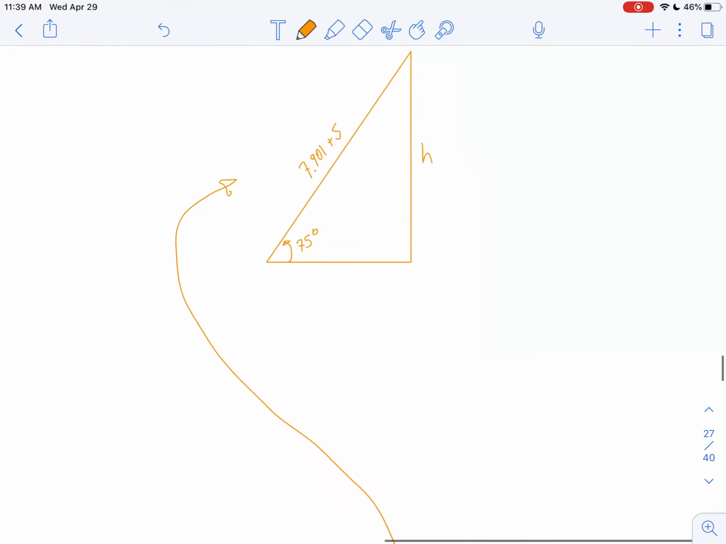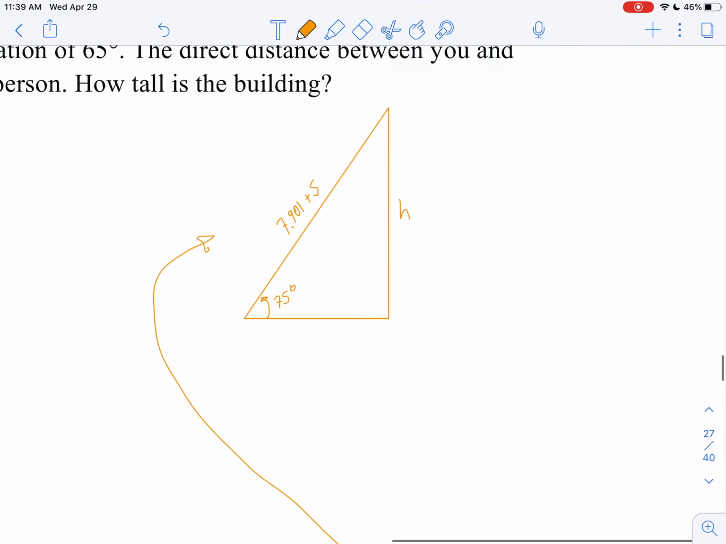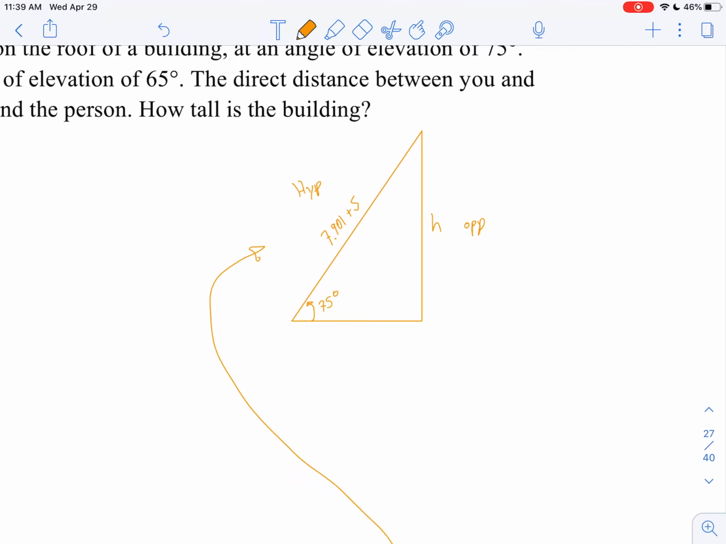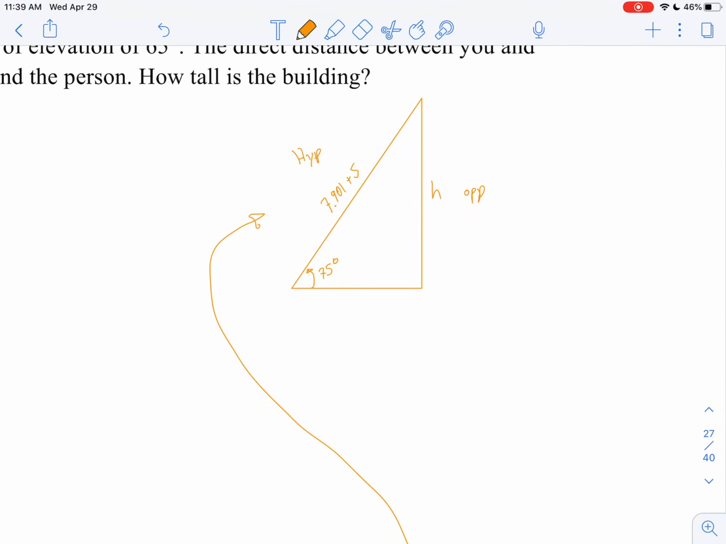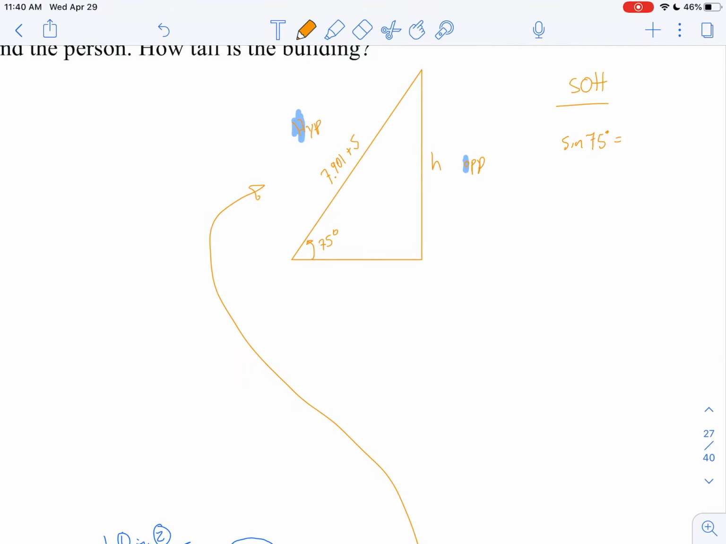So if I gave you just this question, it'd be pretty easy to solve using our trig ratios. Of course, you label your sides. My height is my opposite, so that side would be my opposite. This would be my hypotenuse. So we could go ahead and solve using our trig ratio that uses O and H. Which trig ratio uses O and H? It would be sine. So sine of 75 degrees is equal to opposite, which is unknown, that's what we want to solve for, divided by